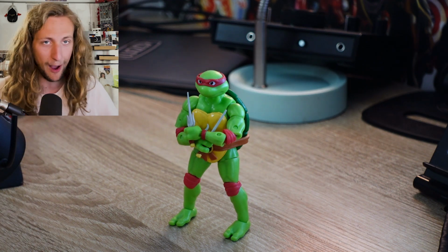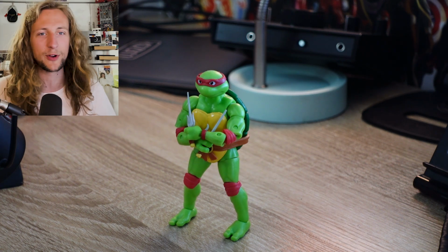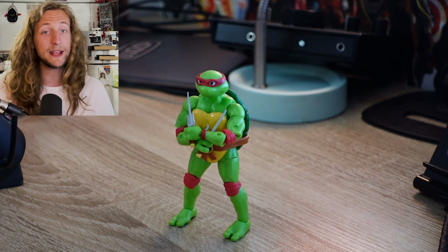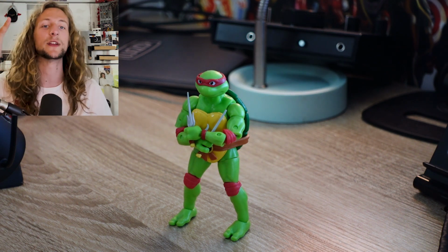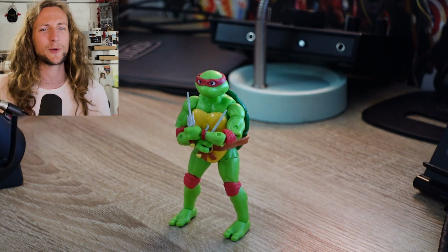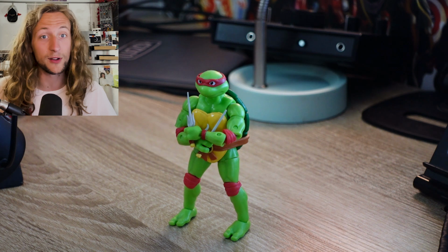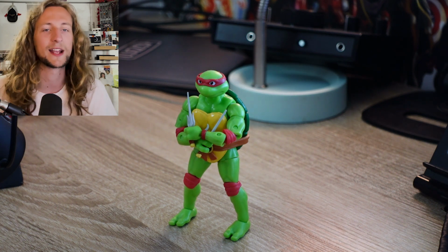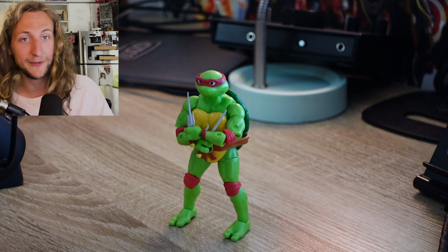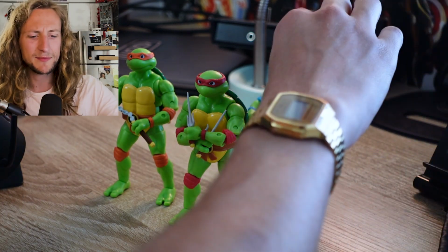I have quite a few now, and we'll talk about another set of turtles in a minute, but I never really thought about looking for it because this was like $30 when I got it. And then just a couple weeks ago, I was at Ross, and a friend of mine had recommended, they said, hey, if you like action figures, you should try looking at Ross. Sometimes they have good ones there. And I was a little bit dubious. I kind of went in thinking, maybe they'll have something. If they're going to have anything, it's going to be like a McFarlane toy from waves back, and it's not going to be a cool character. But I was shocked to find all three of the other turtles for $8, $6 a piece,